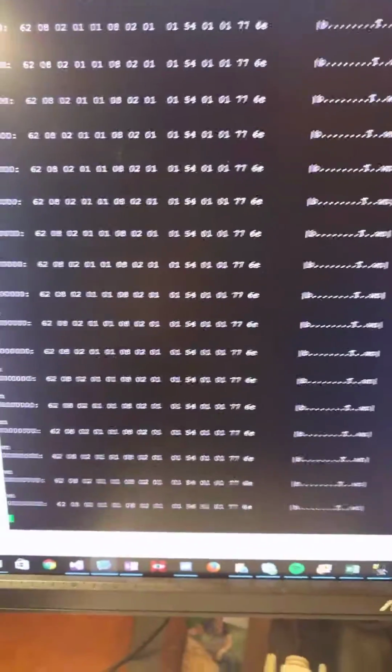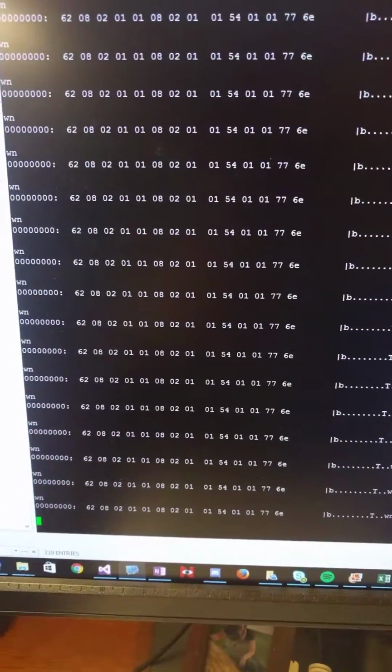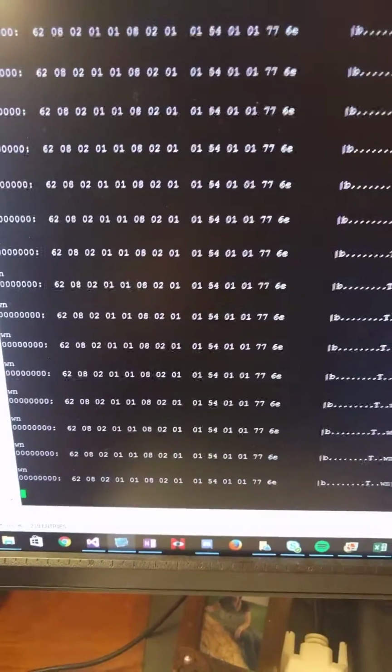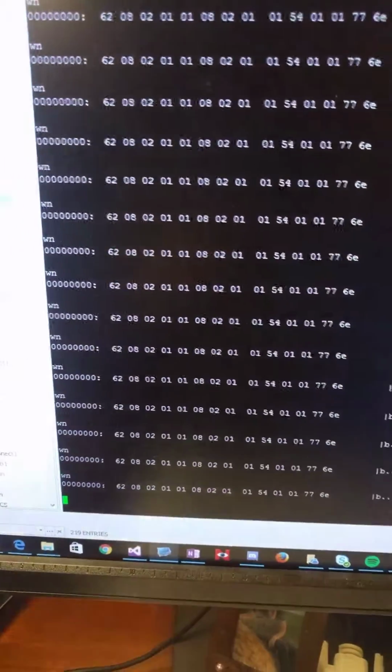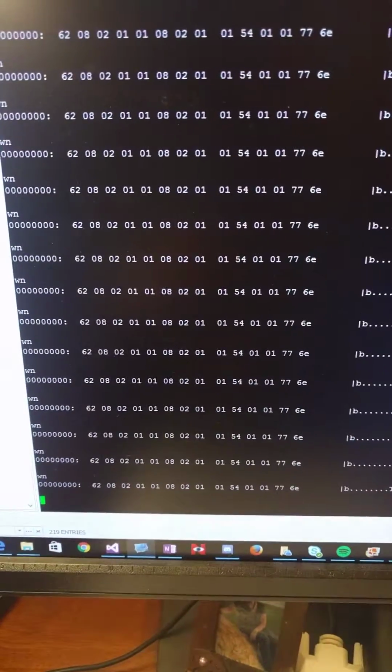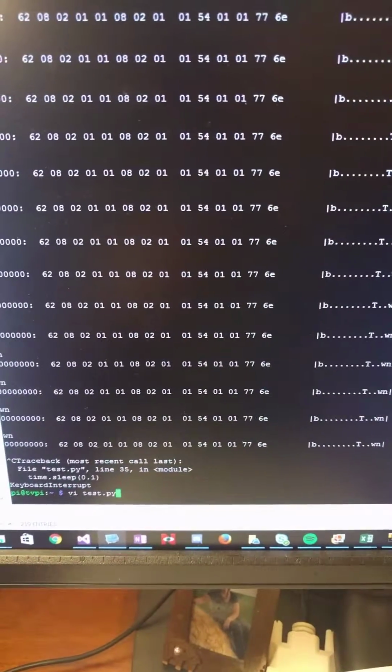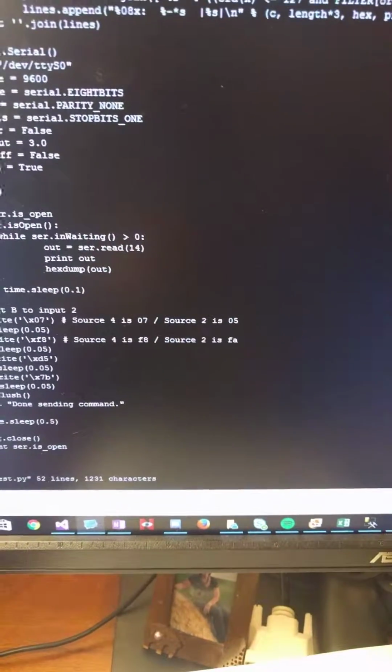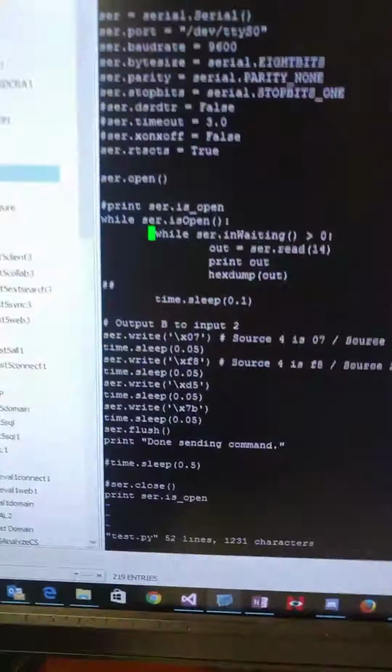So this is 14 bytes that I got, my little schematic thing, confidential, which is pretty funny. But it's got those 14 bytes coming through and you can read what's going on in the system. So I can parse those numbers out and know whether output B is connected to 2 or 4. So if I go back in my script here, you can see